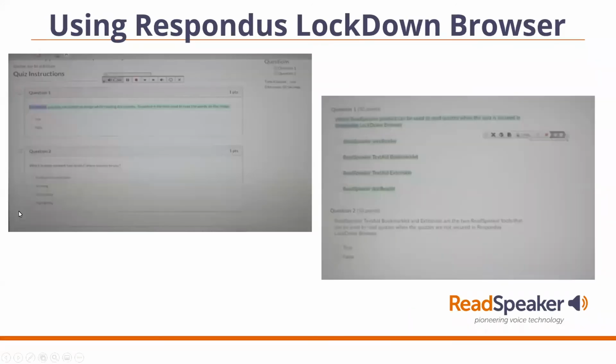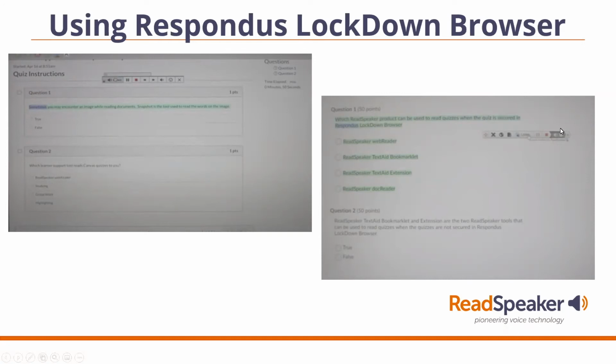Now, to give you a quick screenshot, and I apologize for the way this looks. This is screenshots of a video taken in Respondus Lockdown Browser. And that's the only way you can get there, because Respondus Lockdown Browser is doing its job. As you can see up here, here is our player. This screenshot, I believe, came out of Canvas, and you can see it's reading the question.